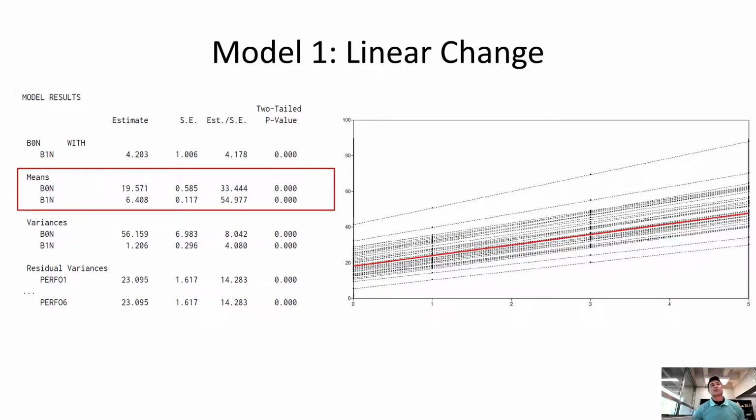All right, when we look at the output, the things that I wanted to point out was the correlation, or in this case, the covariance, it's not standardized, between the intercept and the slope, and that's significant. So it's saying that people who start off higher tend to have higher slopes. And again, the data that's graphed here is only 100 people. There are 300-ish people in the data set. So it's to make this a little bit easier to look at.